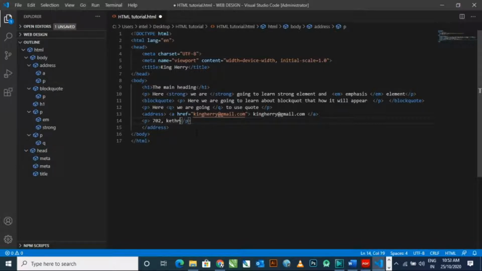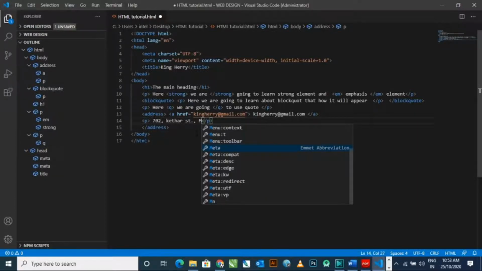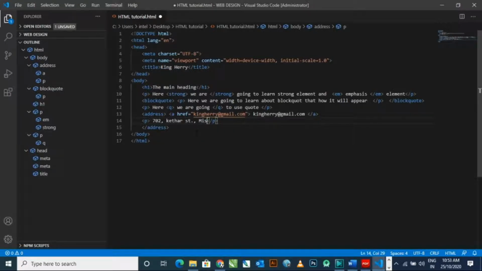Third street and Michigan Road, California, USA. I'm typing simply.